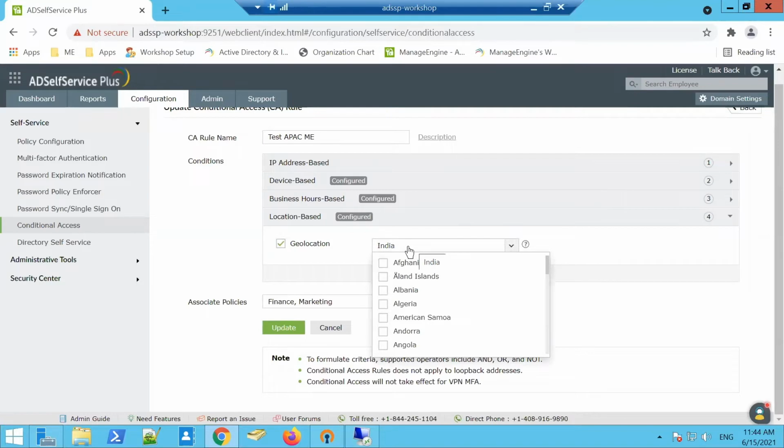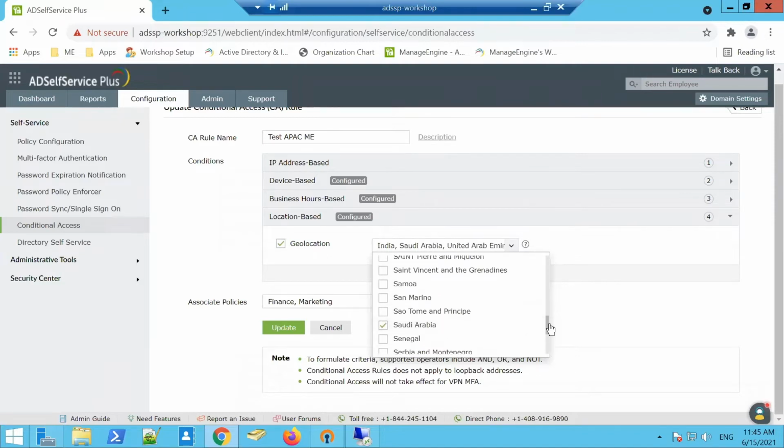Let's pick a couple of countries. Sorry about that, my cursor is playing with me today. So let me pick United Arab Emirates. All right, I'm going to pick Saudi Arabia, for instance. Where is Saudi? Yes, there. All right, so you can choose to fine-tune the countries from which, this is just a simple